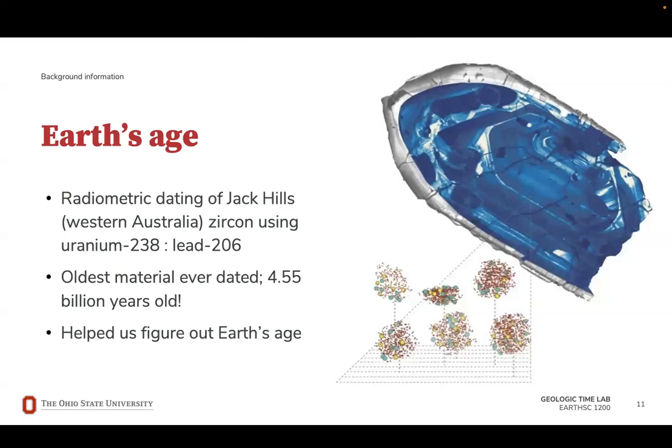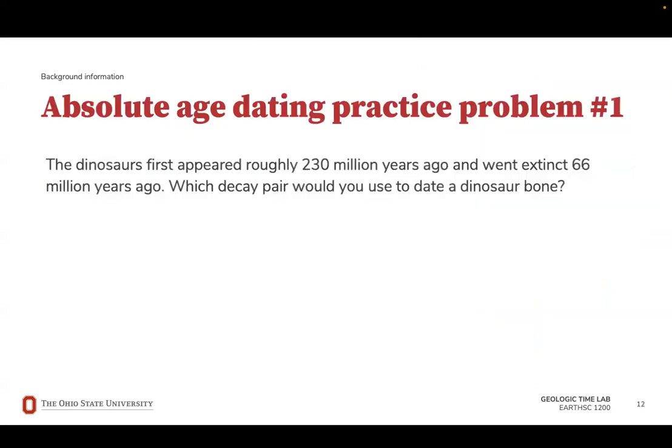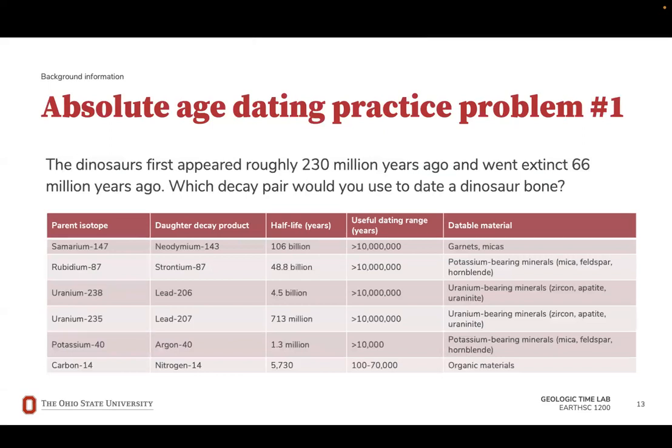Next, we'll practice absolute age dating with a few practical applications. The dinosaurs first appeared roughly 230 million years ago and went extinct 66 million years ago. Which decay pair would you use to date a dinosaur bone? To answer this question, we must find a decay pair that can date material between 66 and 230 million years